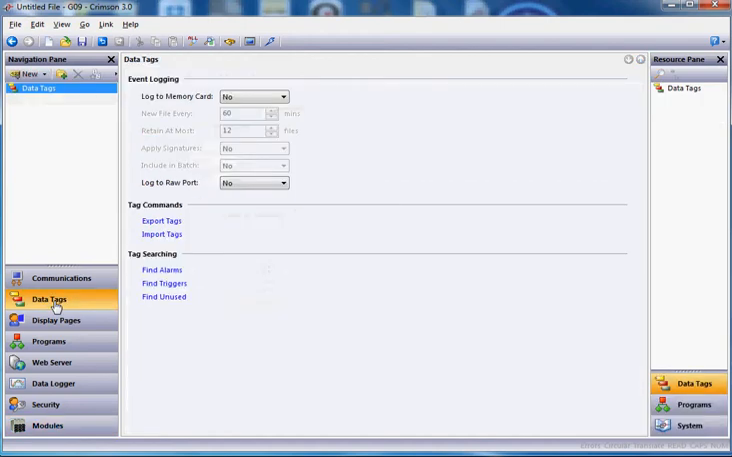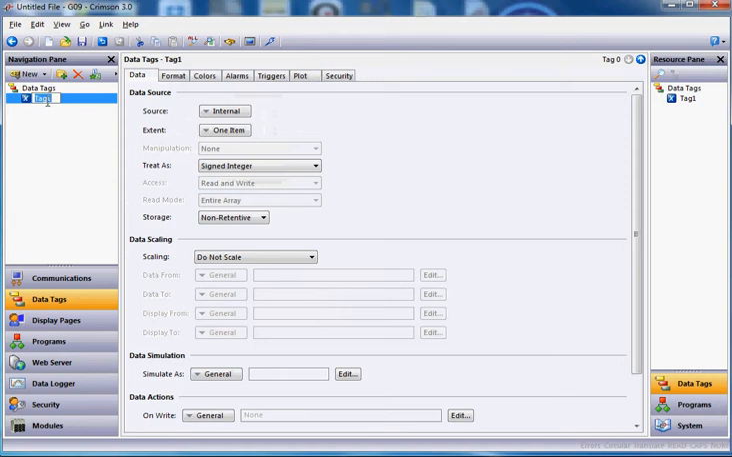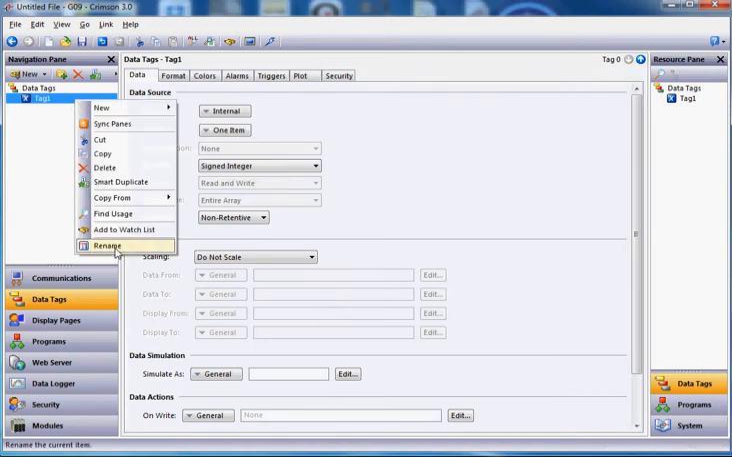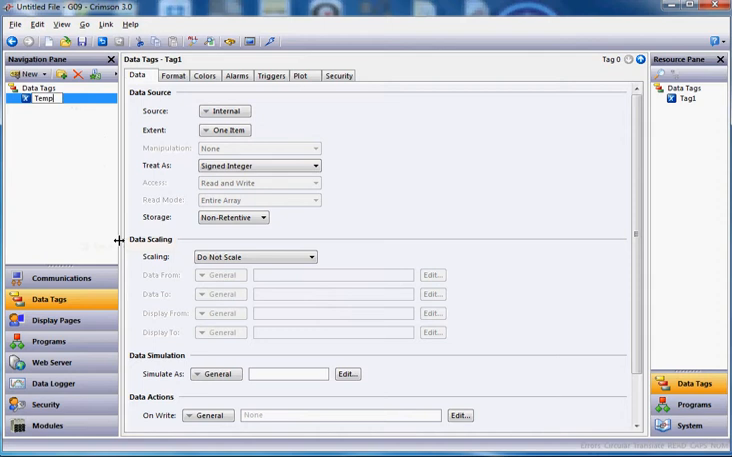I'll click here, data tags on the left, and whenever you set up I/O, you always want to create a tag first to map to that point, and then use that tag for all your graphics on the screens. So I'm going to create a numeric tag by just clicking this new tag button right here, and I'm going to rename this tag just by clicking on that box, or you can right click and go to rename, and I'll type temperature